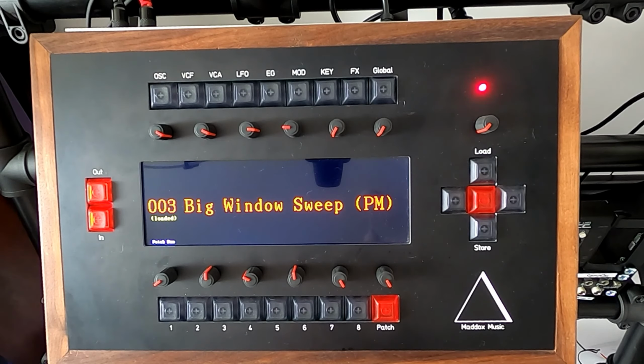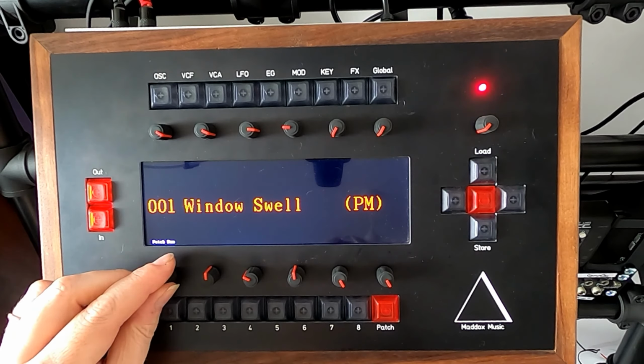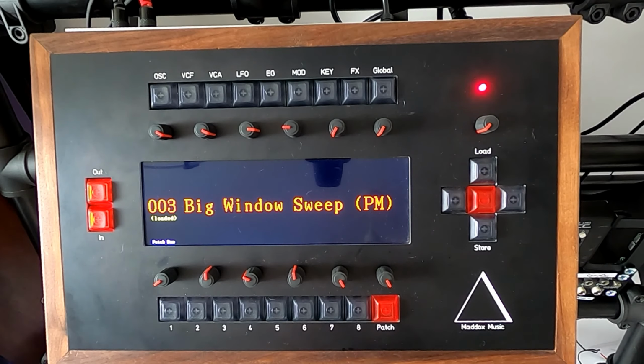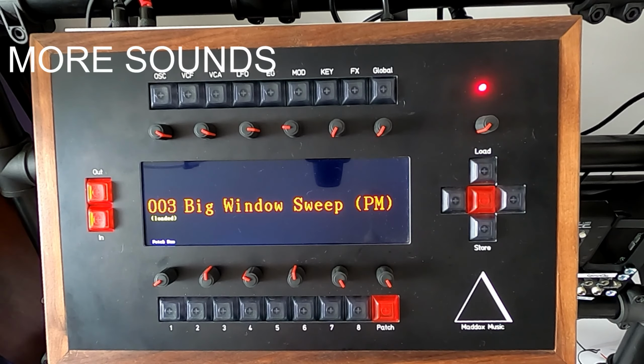The complication for me is this is FPGA based, so this is one FPGA doing 8 voices worth of 3 oscillators, 2 envelopes, 8 modifiers, 4 global LFOs, and all the modulation and stuff. So there's a lot going on in there. To get more voices, we need more FPGAs. Now, I'm unsure if I can get the FPGAs to sync, so I'm kind of rethinking this at the moment. But for now, let's play a few more sounds just to give you a feel for the